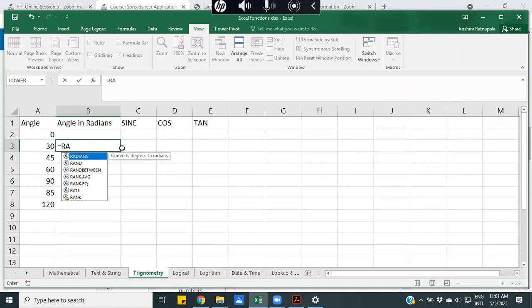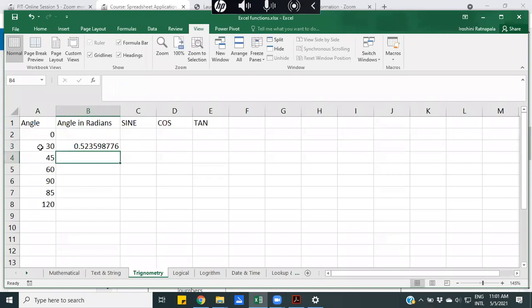I told you that most Excel functions are named using the proper English name, so you don't need to worry. By looking at the function name, you can understand its purpose. So use the radians function, select this angle, and when you press enter, the 30 degrees will be converted to radians.